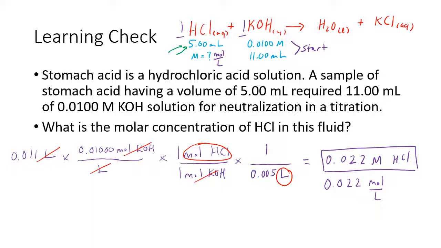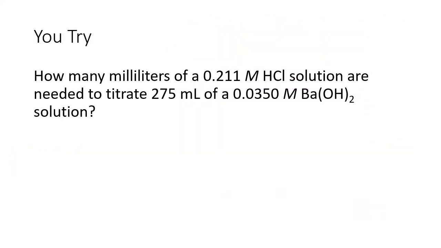So a titration's purpose is to figure out what that unknown concentration is. Sometimes if an approximate concentration is known before a titration is done, a quick calculation can be completed to see about how many milliliters will be needed from the burette in order to titrate. This would let you know when to slow down on your titration, since you would usually have to go drop by drop. How many milliliters of a 0.211 molar HCl solution are needed to titrate 275 milliliters of a 0.035